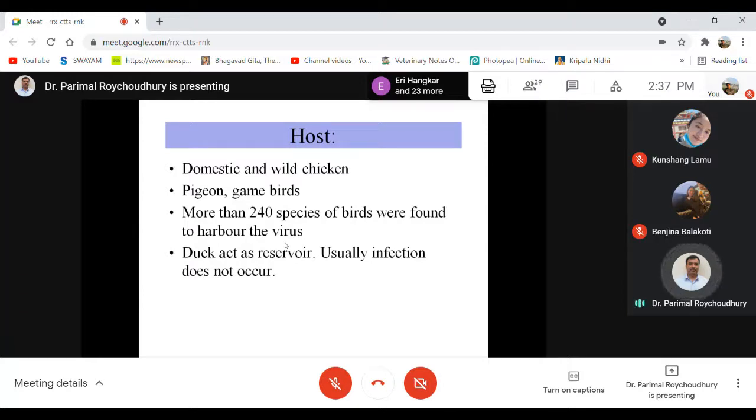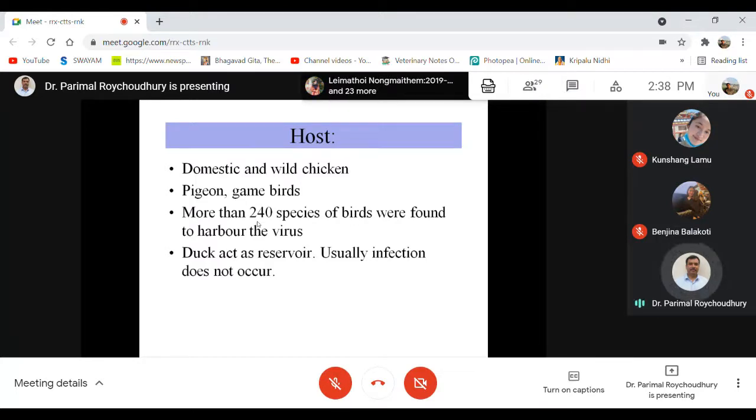Okay, coming to the host, already it has been discussed. You know, the biggest problem in controlling this disease is the wide host range. Almost 240 species of birds are known to harbor the virus. Some of them also suffer from infections, and sparrows may develop the disease. But many of the free-range birds simply harbor the virus in their intestine, a source of infection for commercial